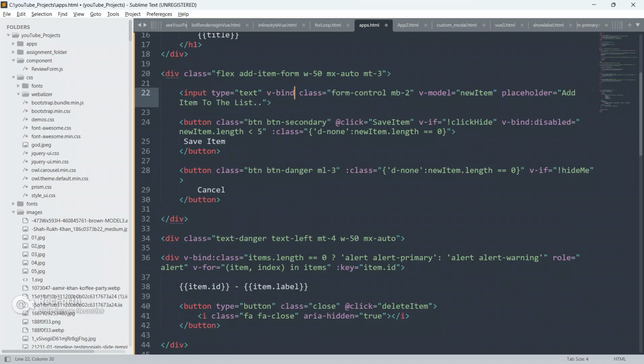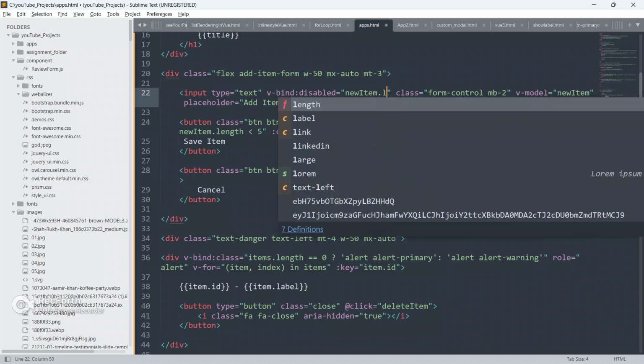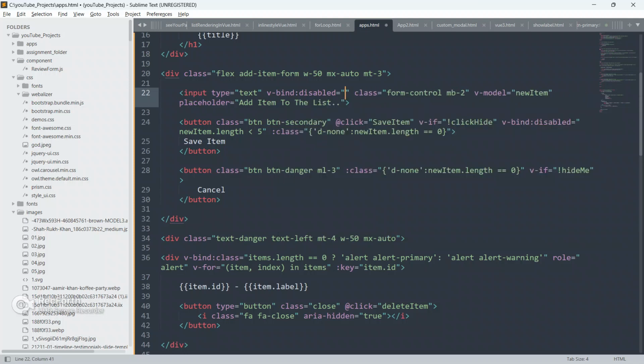This is our input box and we will use v-bind:disabled equal to new items dot length, we will use items dot length is greater than or equal to 7 only.